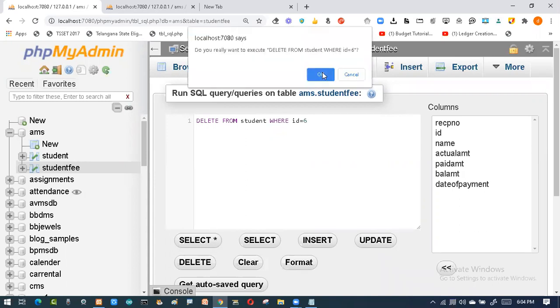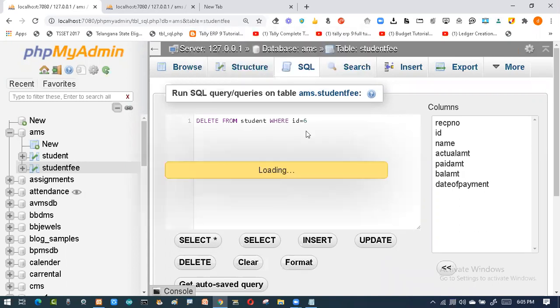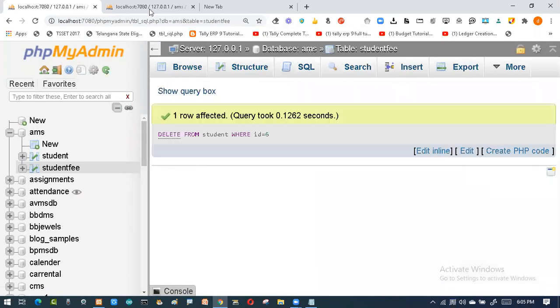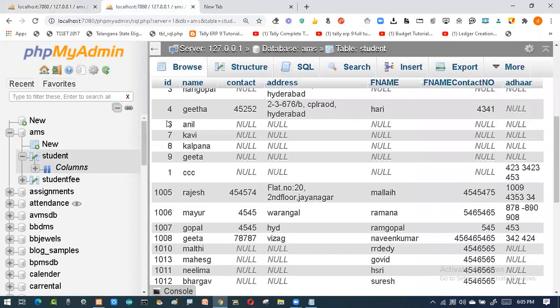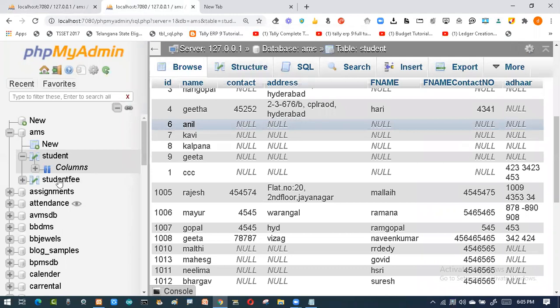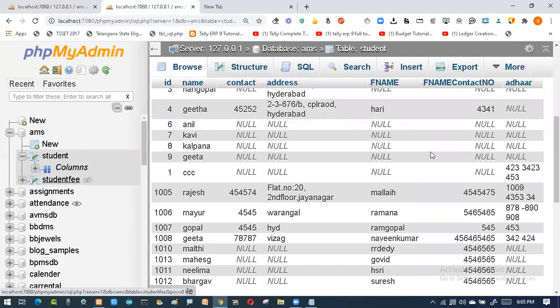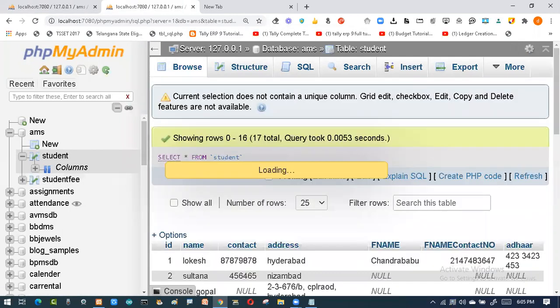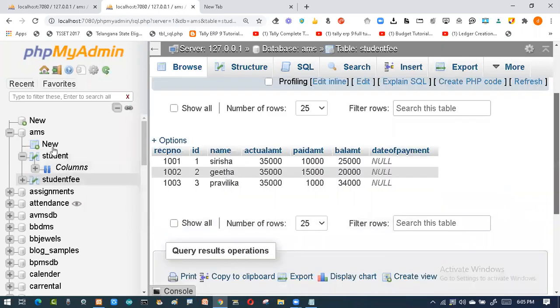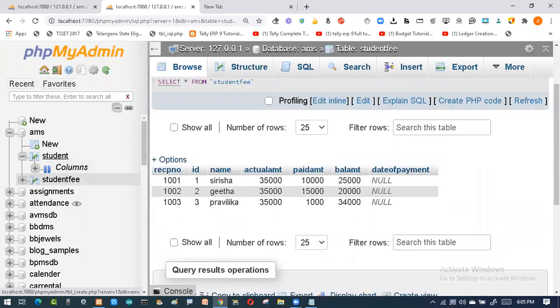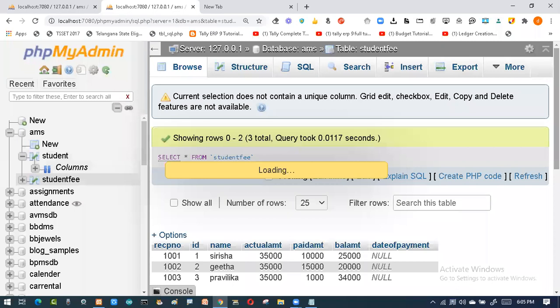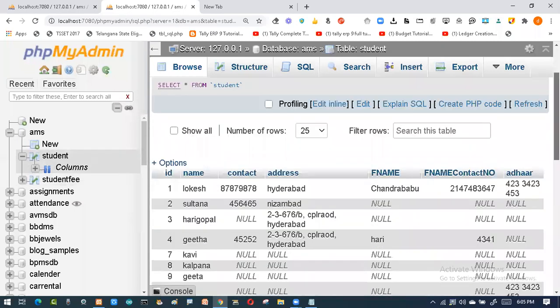So it is asking me for the confirmation. Say yes. See, now you can see the one record has gone. See here, 6 is there in the previous case. Now I'll refresh it. Now the 6 should be gone. So now you can see there is no 6th record.